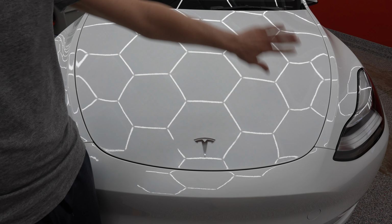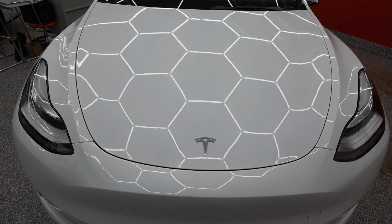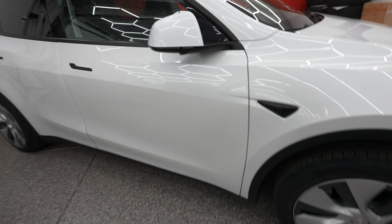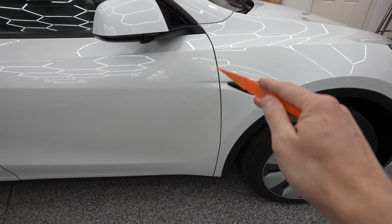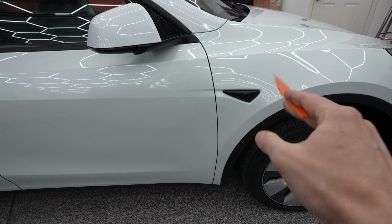I think that headlight just needs to be pushed in a little bit. Again, not something huge, and honestly, not something most people would probably even notice, but here we are, I noticed it. So walking around the vehicle, let's go ahead and check this door gap between the front doors and the